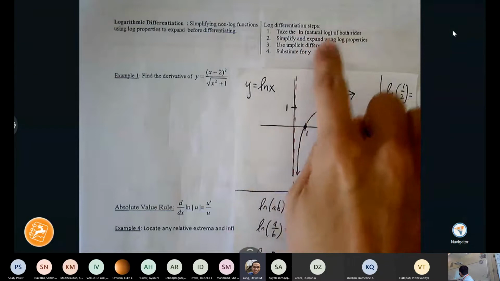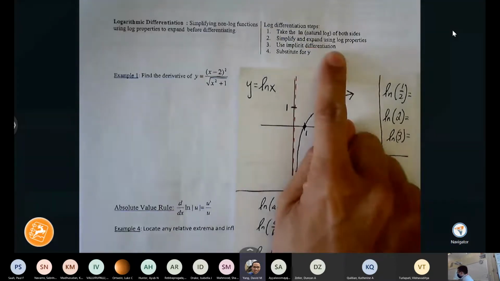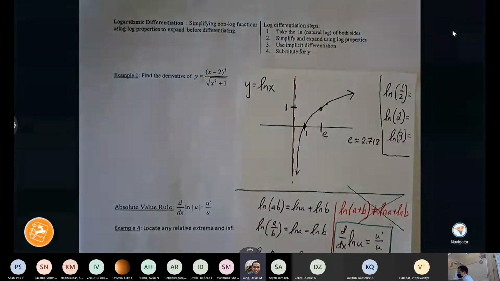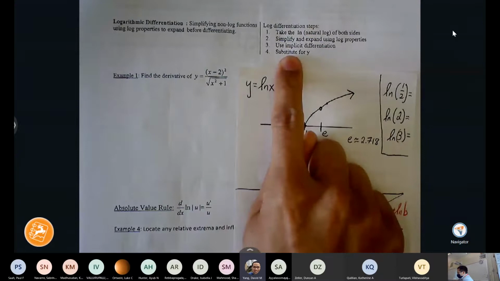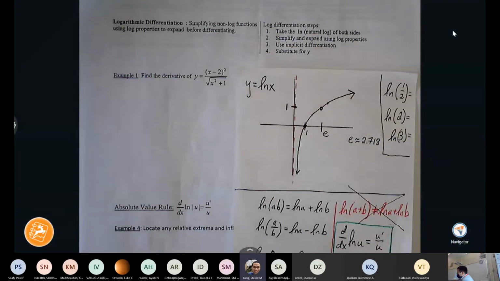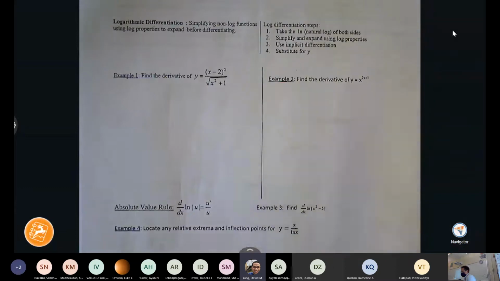We're going to take the natural log of both sides of the equation. That's so that we can get it ready for the log properties that we want to use. Then we're going to expand using log properties on the right side. Once we have that, then we're going to use implicit differentiation on the left side because the y is no longer by itself. It's going to be part of a natural log expression. But then we can expand the right side, find the derivative, and then solve for dy/dx. Okay, so